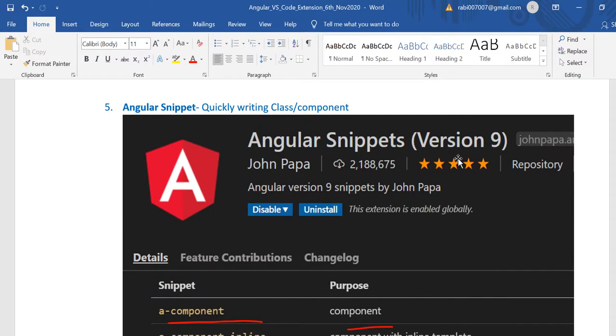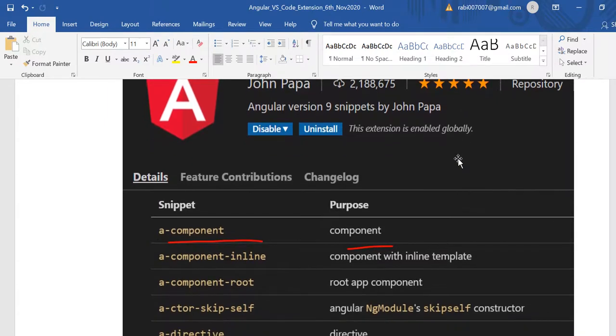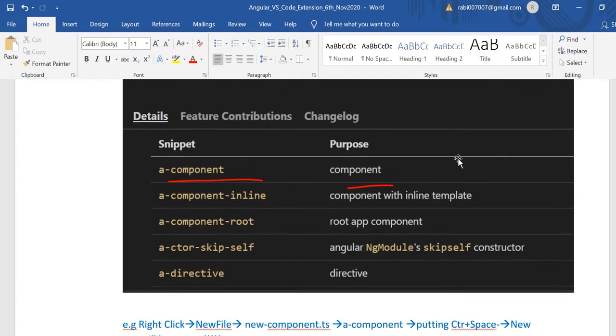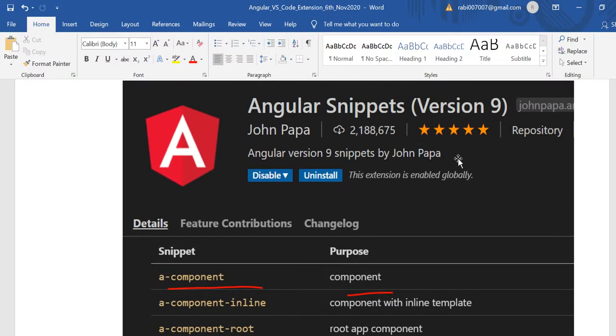Another one is the Angular snippets, for quickly writing a class or component. How can we do that? There are multiple shortcuts, right? With the a-hyphen prefix, we can write the component, and a component inline. There's a whole lot of things we can do. We can create a component within a short time, right?